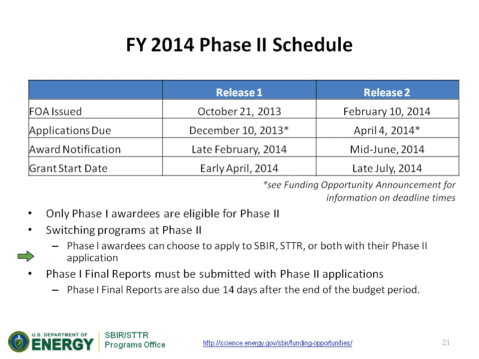One is that in case you decide to submit, for example, an STTR for your Phase 1 and have decided you'd like to switch to SBIR for Phase 2, that is now allowed. So you can switch programs at the end of Phase 1, going into Phase 2. And then also, your Phase 1 final report must be submitted with your Phase 2 application.